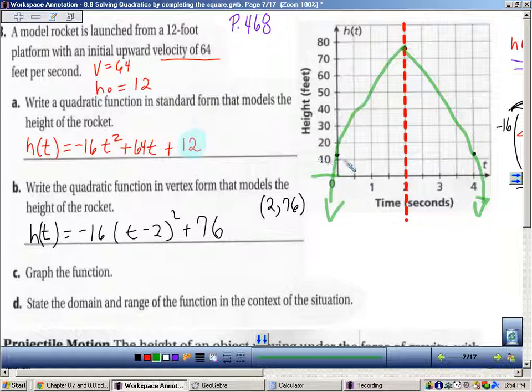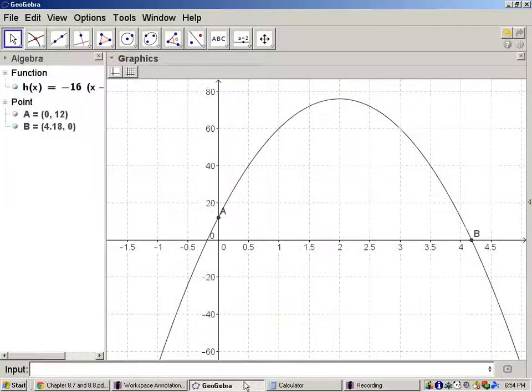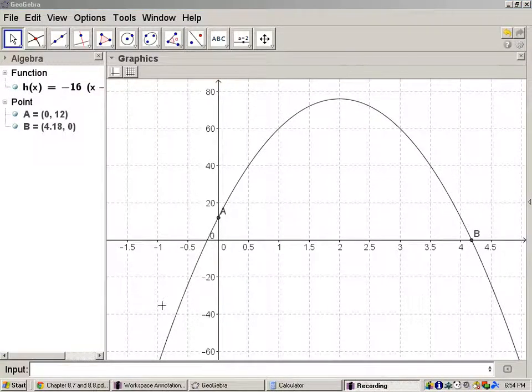Let's look at here. See, you're in the negative range here when you look at your x coordinates, but there's no such thing as negative time. So we know that we're going to start at 0 seconds, and then we move to the right in terms of seconds, and at about 4.18 seconds, the rocket hits the ground and it stops. There's no movement anymore, right? So I would say my domain, this is what you're going to write, your domain